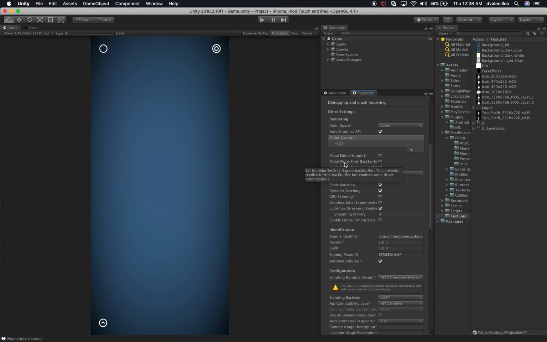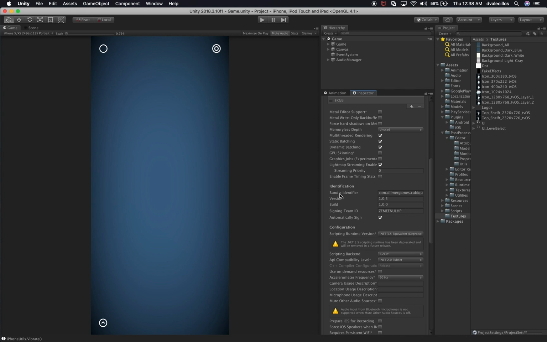So if you want to support the metal editor support, then you can enable that option. There's also multi-threaded rendering that I enable, static batching, dynamic batching that I enable, and some of these settings were already set, so I left them intact without touching them. And other settings that are very important here that you're gonna need to match against what you have